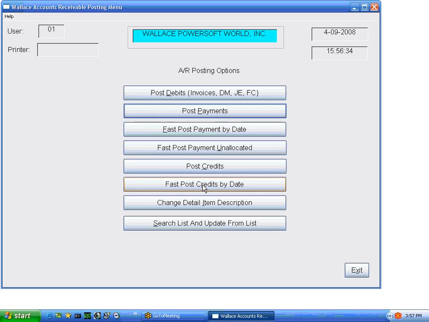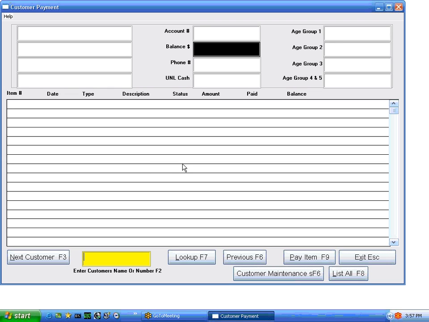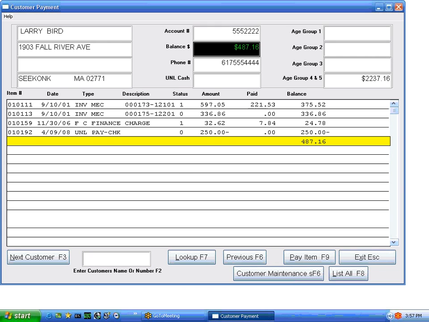You can do the same thing, do it by date, and it was just going to pick the oldest. But let's just do this here. It's a credit memo. It literally works the same thing. Let's just take a look at Larry here, and let's say that Larry didn't want to pay this invoice right here in full because there was a problem, and we said, okay, we'll give you a $100 credit on that. Well, we would do the same thing. We'd hit pay item,